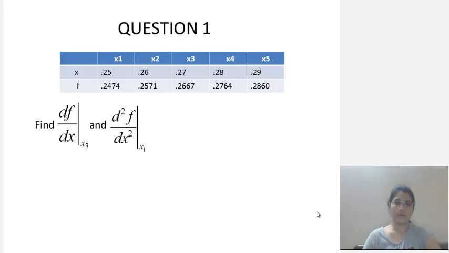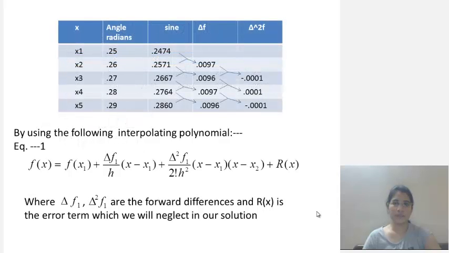Here we have been given values of x and values of f at different points of x, and we have to find df by dx at x3 and d square f upon dx square at x1. First of all, we will calculate the difference table. In this we have calculated delta f and del square f, which are called forward difference operators. These are obtained by subtracting the present value from the next value, and by using the following interpolating polynomial we can calculate df upon dx and d square